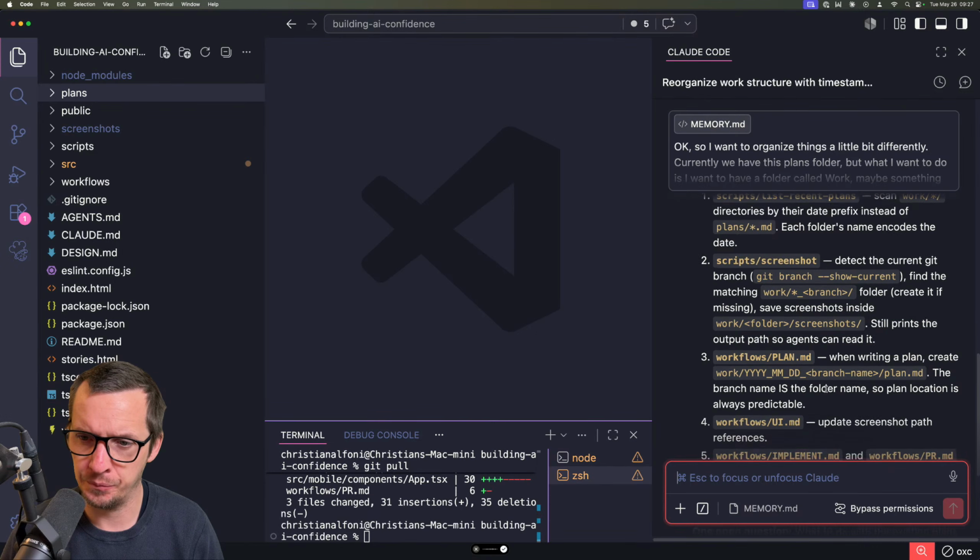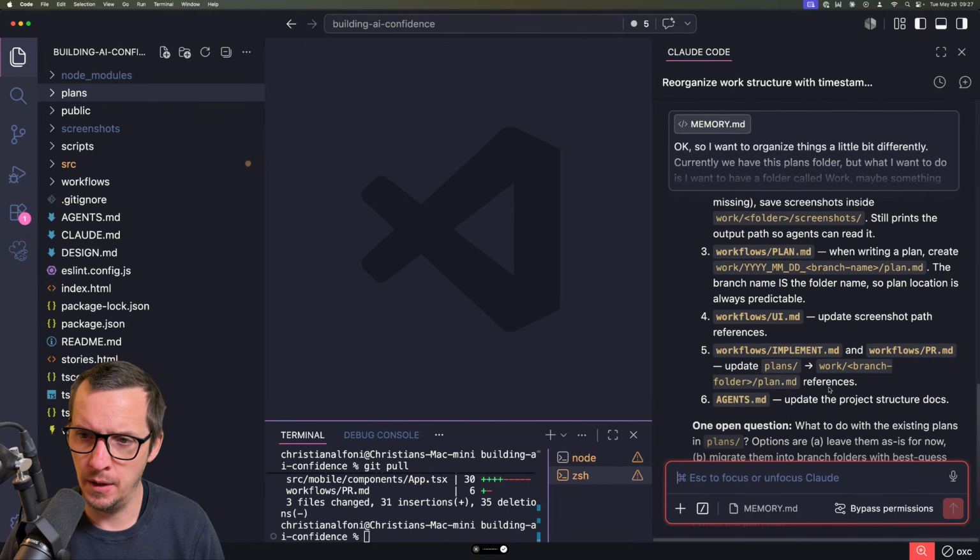And we should, and the plan that's written to the branch should be uppercase PLAN.